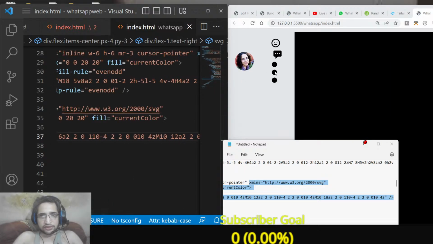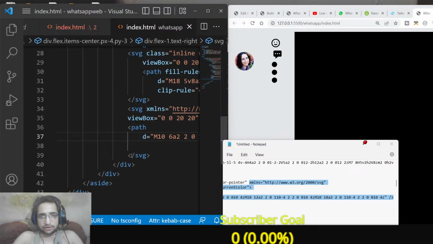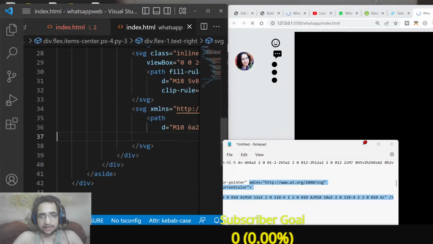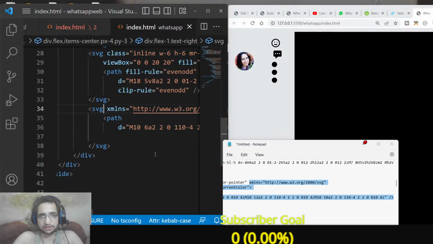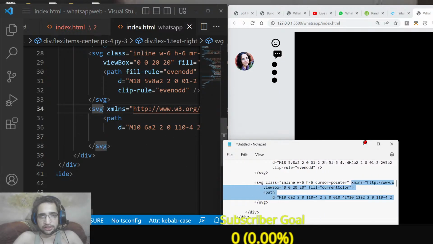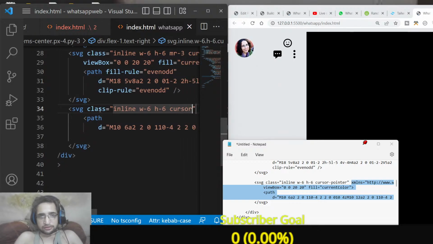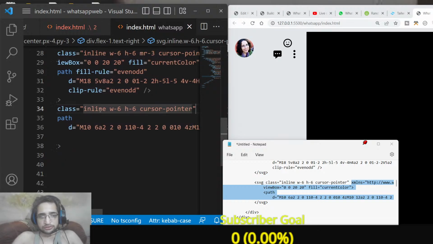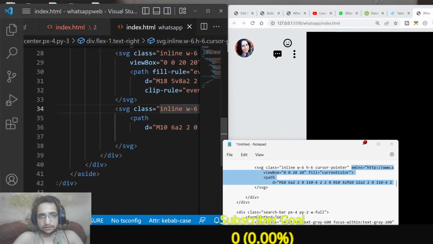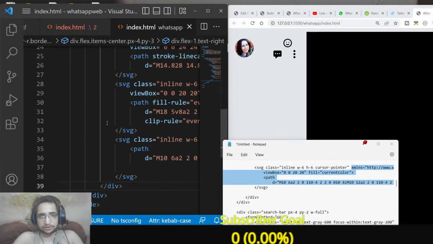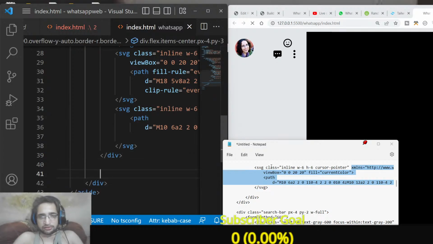So now we will have these three dots, which is for settings. So now we once again need to style this. So we will attach the Tailwind classes to this SVG element as well. So once again, we will make it inline W6, which is width to 6, height to also 6, cursor pointer. So now you can see that now it is successfully styled here. So this completes this section, guys, which is this one. It is over. So now we will move to the next section,